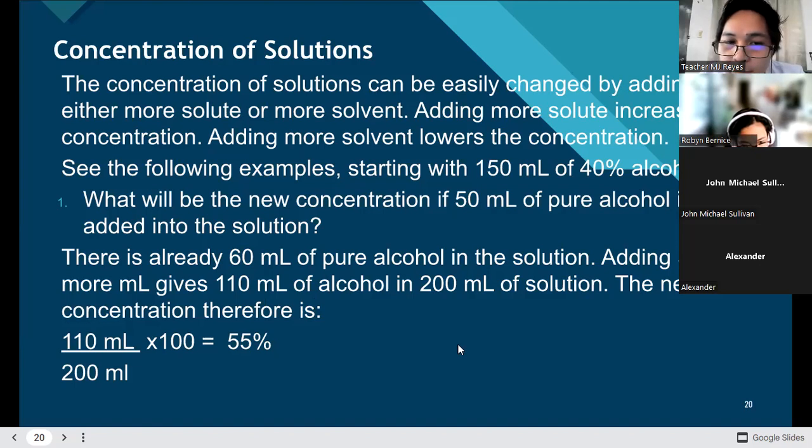The question in the problem states, what will be the new concentration if 50 ml of pure alcohol is added into the solution? 55%. How did you get the 55%? It's 110 divided by 200, the solution, 200 ml, times 100, which makes it a 55% solution. Okay, we added 50 ml pure alcohol. We also added